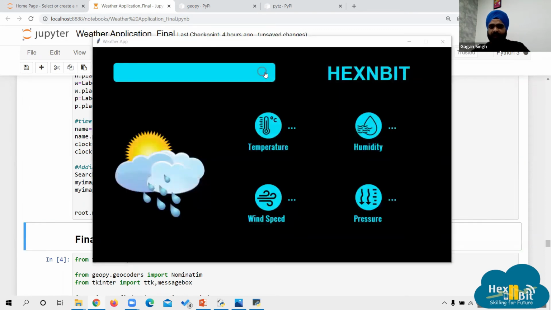So if I run it, now you can see a search button is created over here, right? If I write down Delhi and run it, you can see the current time is 5:53 PM in our country. I can write anything else also. Punjab, same timing. Melbourne, 11:23 PM. Texas. So automatically this module is now fetching the timing information.